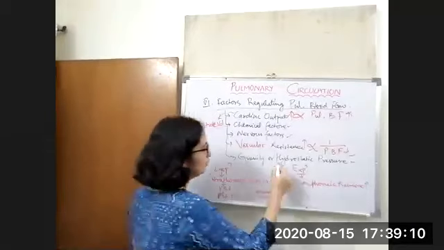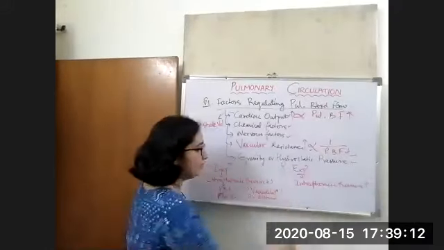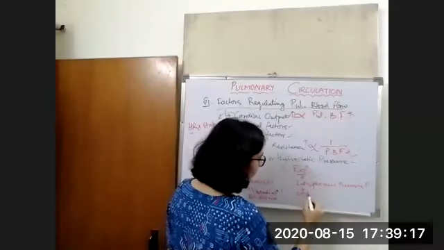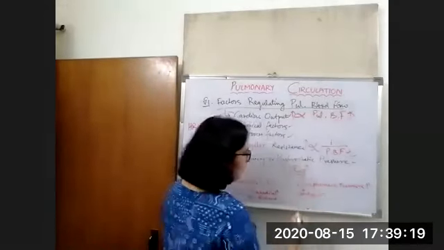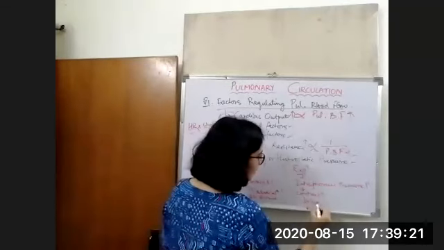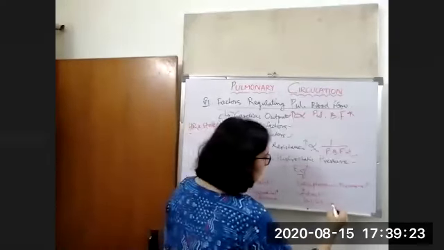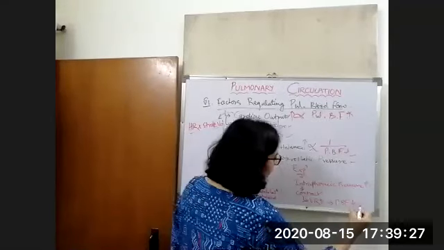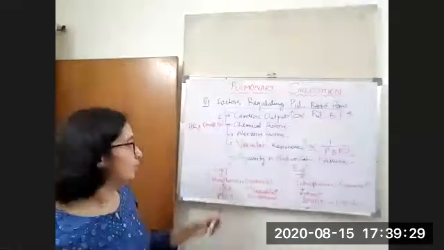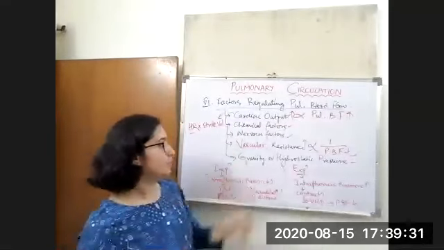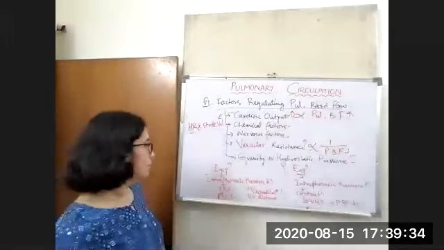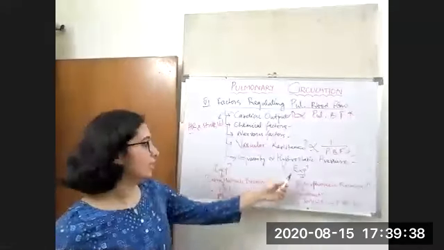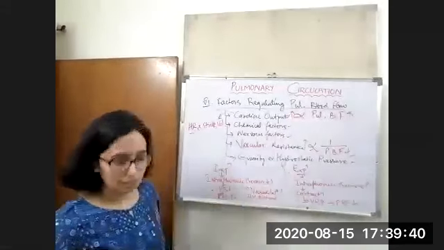And the same opposite thing happens in expiration. The intrathoracic pressure will increase. This will cause contraction of the blood vessels, which will increase the vascular resistance, and this vascular resistance will cause a decrease in the pulmonary blood flow. So you understand now how vascular resistance is inversely proportional to the pulmonary blood flow. In inspiration, the pulmonary blood flow increases. In expiration, it will decrease.